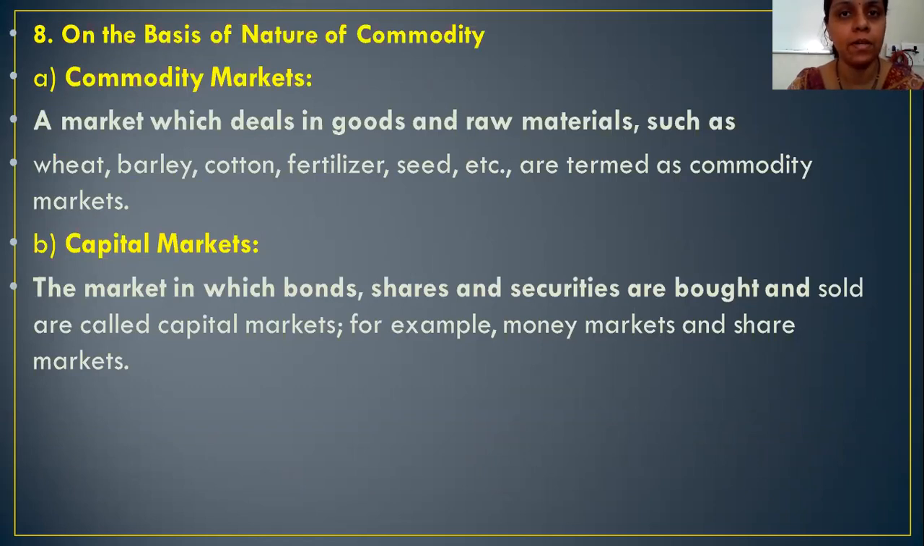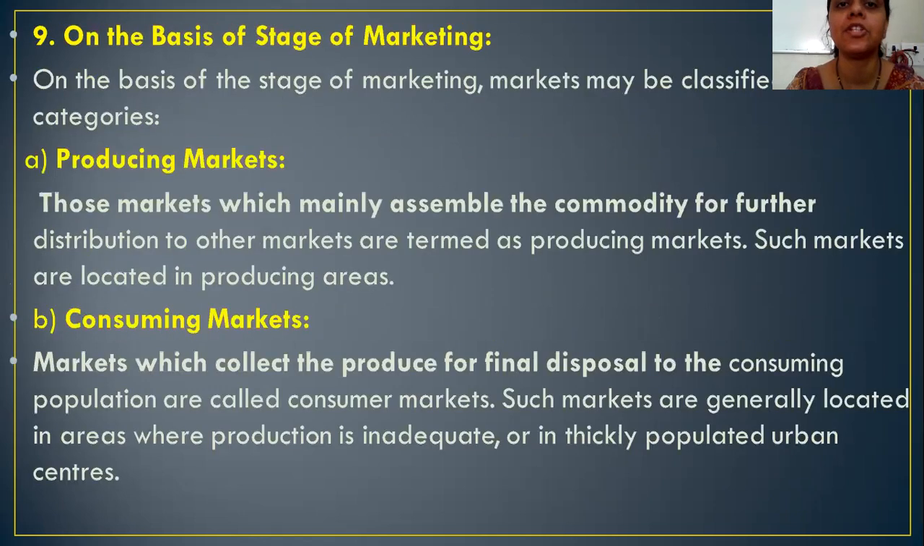And what about capital markets? The market in which bonds, shares, securities are bought and sold are called capital markets. For example, money markets and share markets. So these are the examples of capital markets. Now the next dimension, dimension number 9, on the basis of stage of marketing, the markets may be classified into